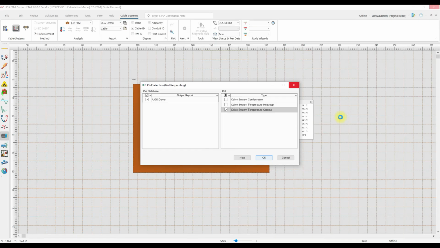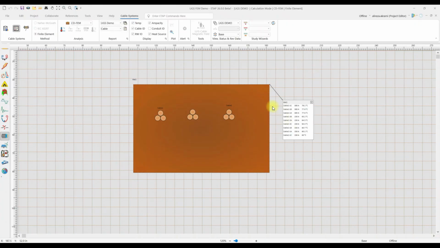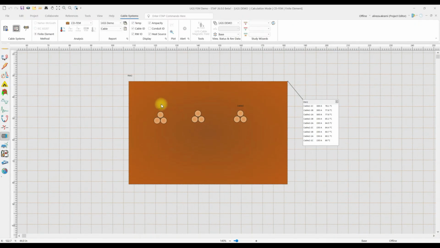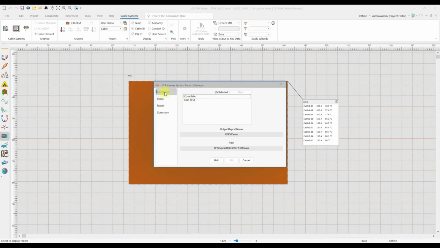When the contour plot is being created, you need to be patient a bit, because depending on the size of the system, creating the contour plot may take a while. So while this one is being created, I switch back to ETAP here again, and let's see what else we have here. Also, if you go to the report manager, and from this complete report, if you select UGS FEM,